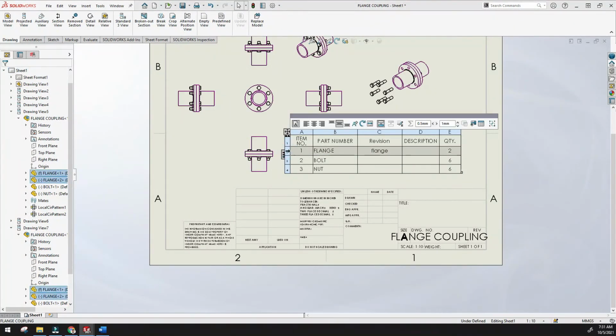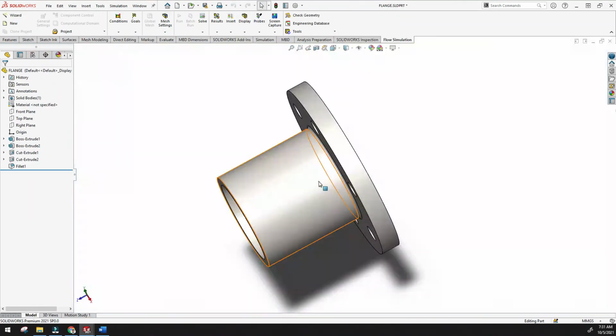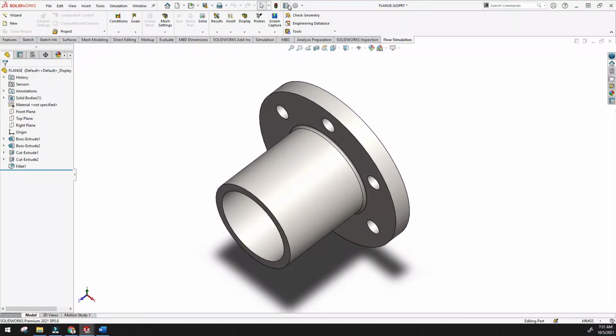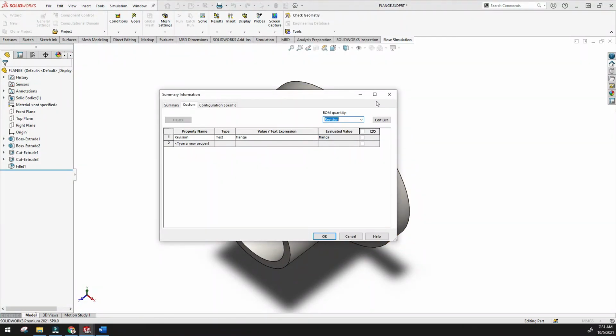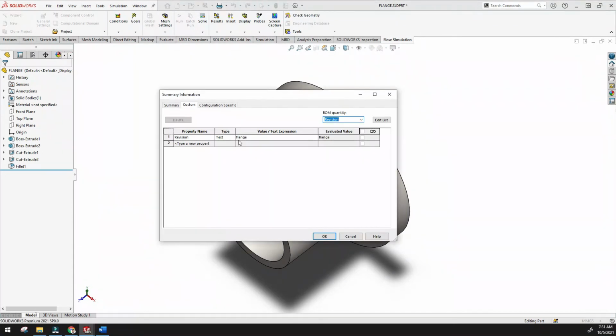And here you can see, if you want to give some description, just click this and right click, and here's the option like open flange. Because it is a flange, once you click open flange, you can directly move to the flange. And then here is the option, file properties. Just click this, and whatever you want to give, you can give here, like part number, revisions, materials, weight. So many options are there.